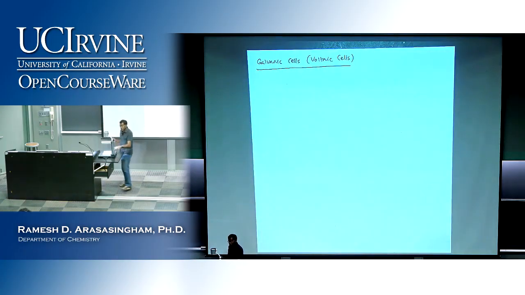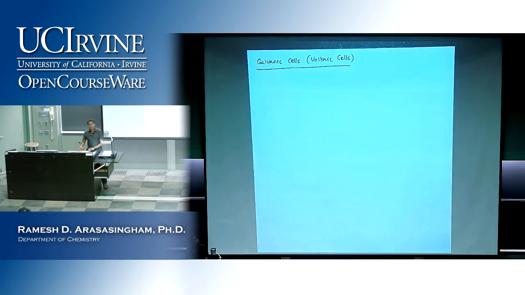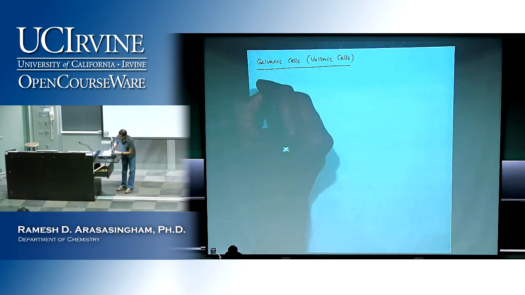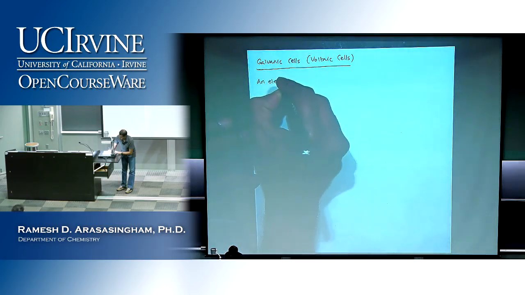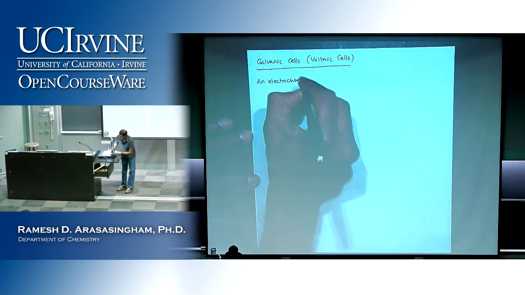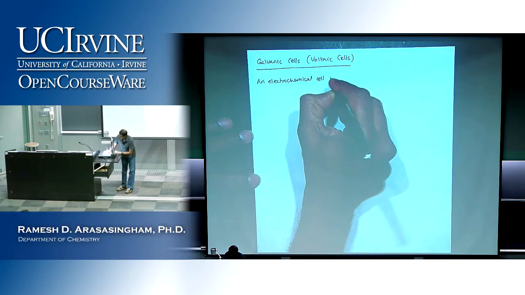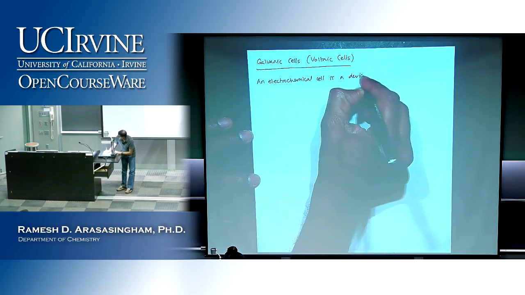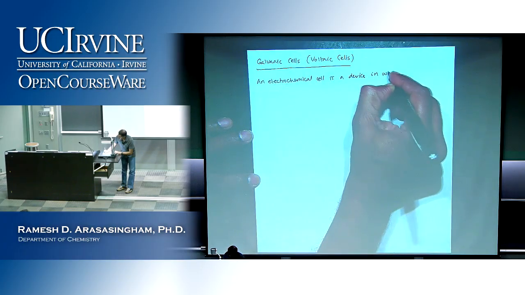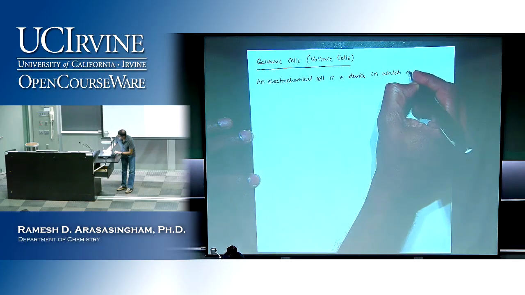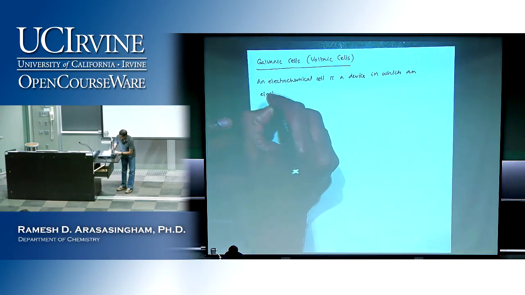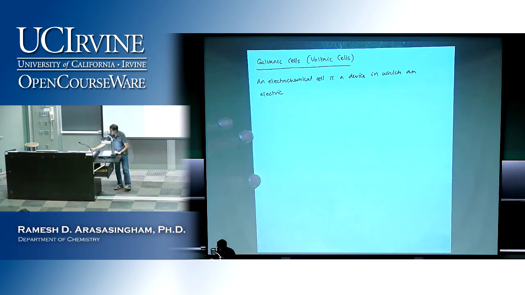And both the galvanic cells or the voltaic cell is called an electrochemical cell. So let me define what an electrochemical cell is. An electrochemical cell is a device in which an electric current,